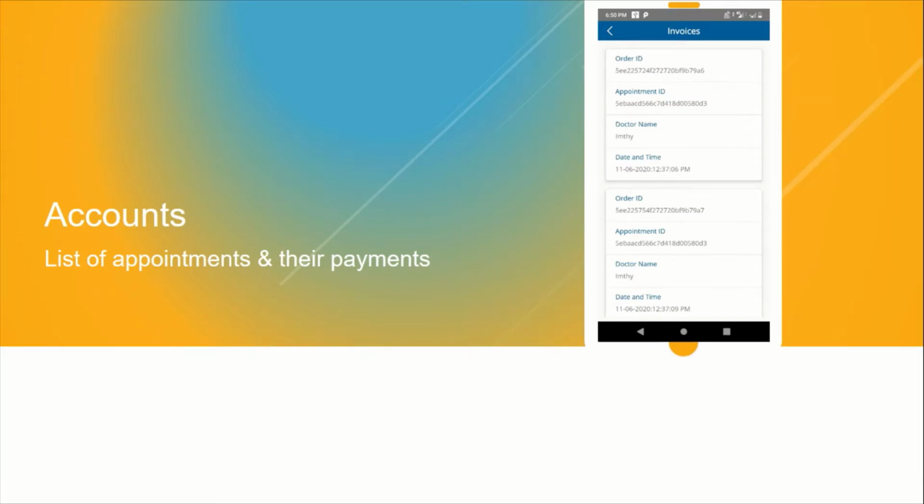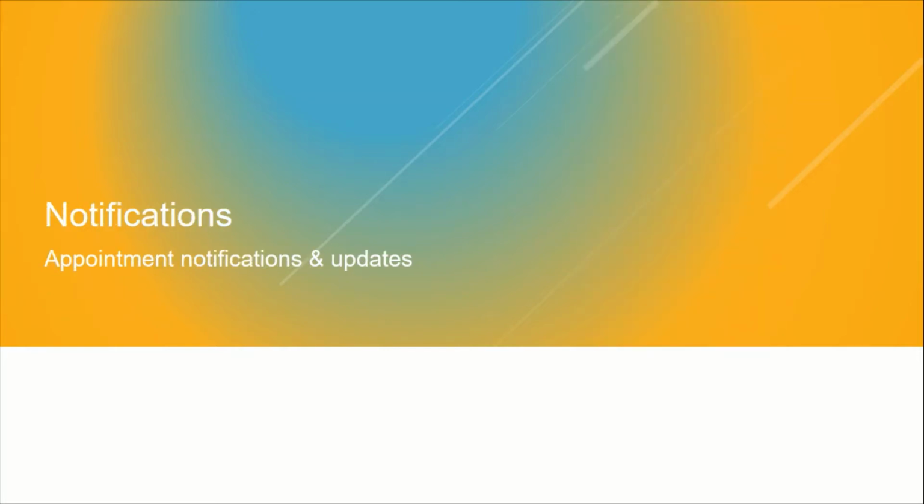Now accounts. Coming into the accounts, you will have all the appointments that you have taken up for lifetime in Salvio, with the date and time, with the appointment ID and a unique order ID which is associated with that appointment. So based on this, you will be able to see how many appointments you have handled for Salvio, and what is the payout that has come in, what is the payout that is yet to come, and things like that.